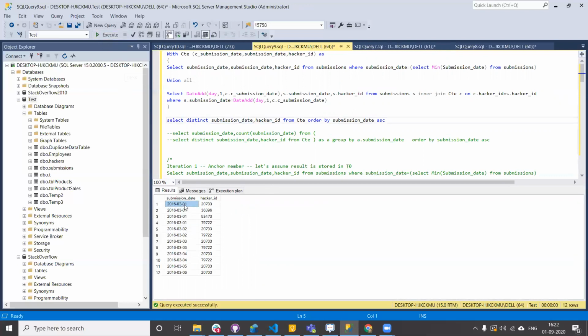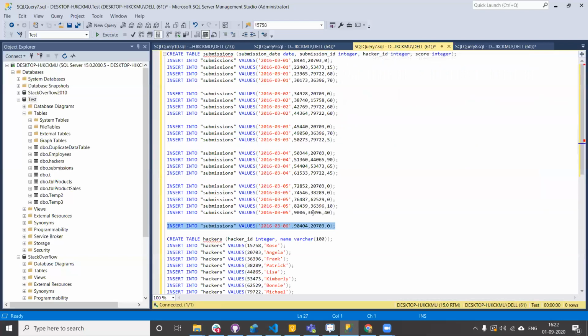Okay, so on day 1, we have these 4 submissions. On day 2, we have these 2 submissions. On day 3, we have these 2 common submissions, which these people submitted in all the previous days. On day 4, if you take these people, they submitted on all the 4 days. On day 5, he is the only guy who submitted on all the 4 days. Similarly, it is the case with day 6.